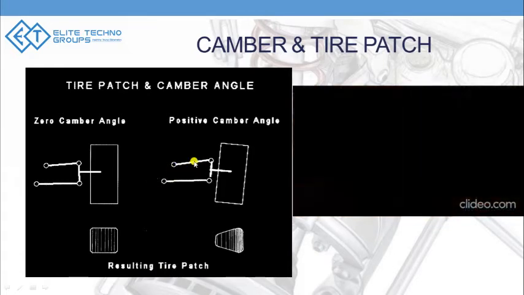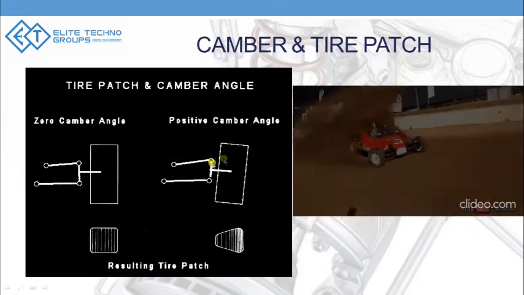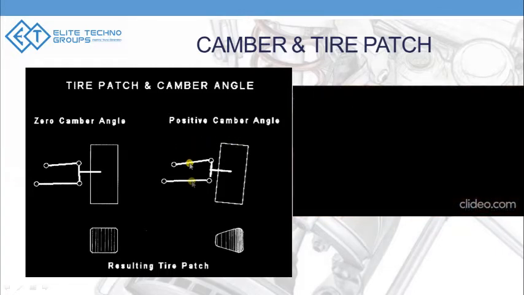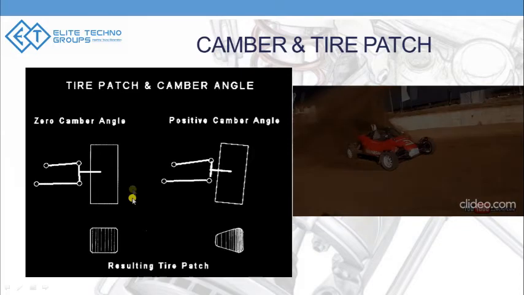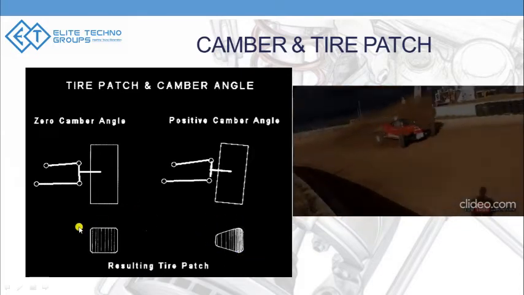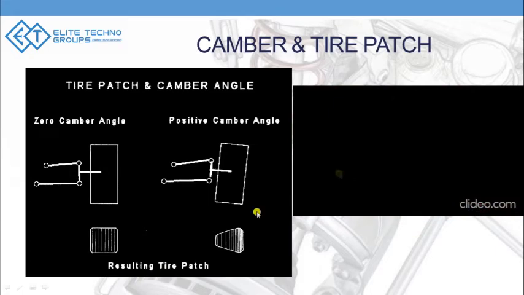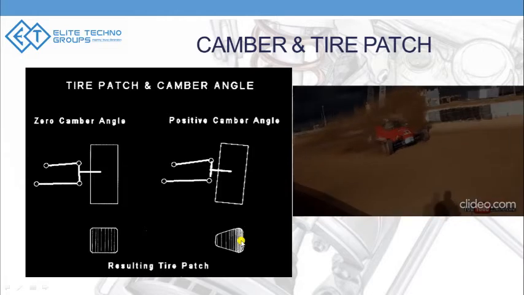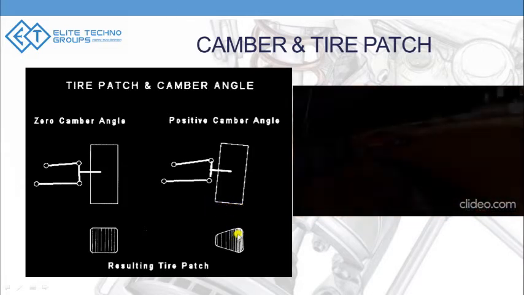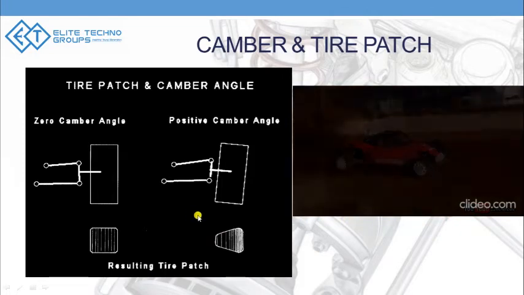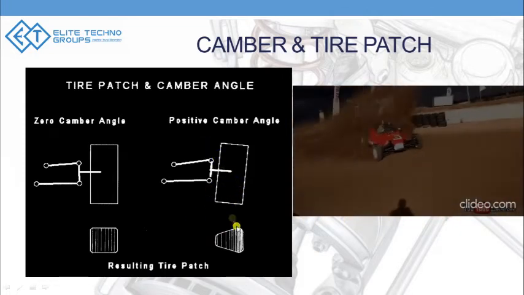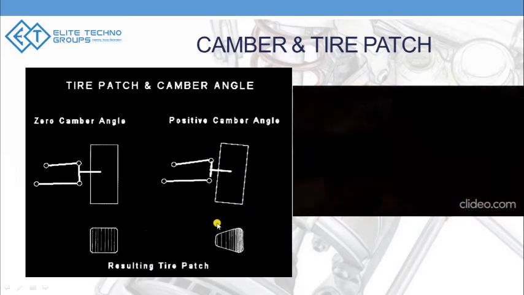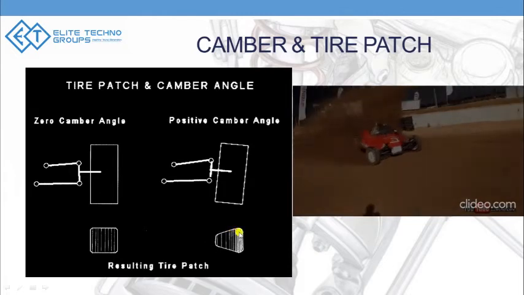So when it pulls the upper arm towards itself, that brings the top part of the wheel towards the body, thereby changing the road contact patch from a triangle to a square. For example, if this is the ground, this is how the road contact patch would look: you have a maximum road contact patch here, and as it goes towards the body, your road contact patch goes down. And a negative camber is just going to be a mirror image of this. So if you imagine the camber is something like this, your maximum road contact patch will be towards the left and it keeps going down as it goes towards the right.